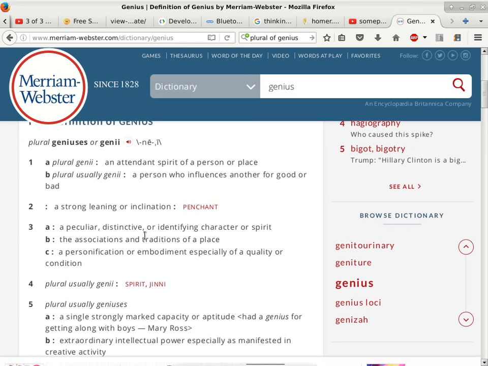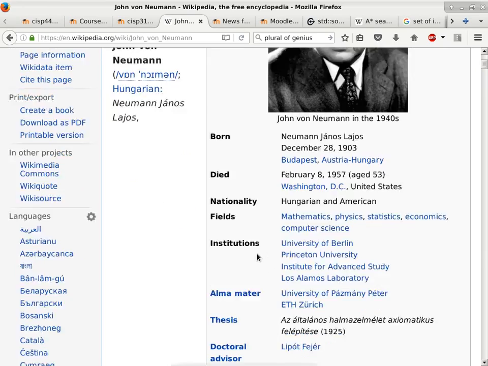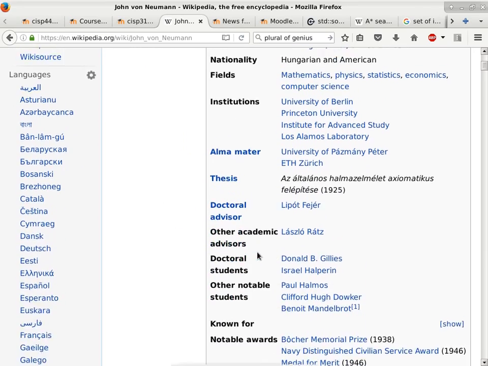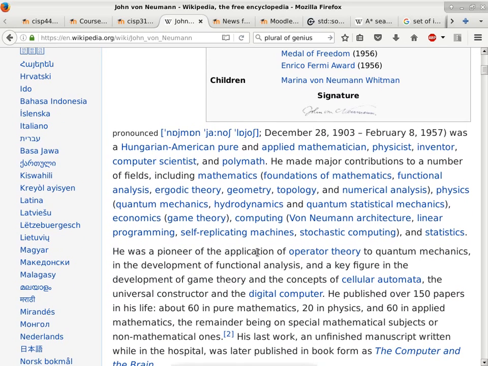Von Neumann is. So he's good at mathematics, computer science, engineering, statistics, a whole bunch of stuff. I think reading his history is inspiring. Let me find where it is. Okay, there we go. These are the things he's good at. When I say good at, I mean really good at. It includes mathematics, and within mathematics, it includes the foundations of math, functional analysis, and so on, and it keeps going on and on.